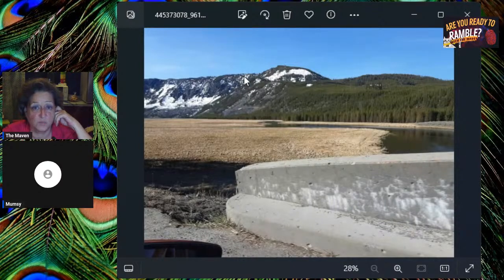Another picture. Just a beautiful picture, Mom, with the river and the trees and the snow-capped mountains. Looks like there'd been a fire here, huh? That black spot? No, I think that's the shadow. It's a shadow. Okay. Kind of looks like a burn spot to me. But you were there, so we'll take your word for it.